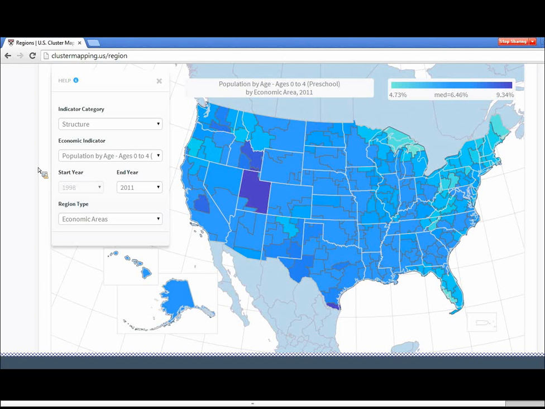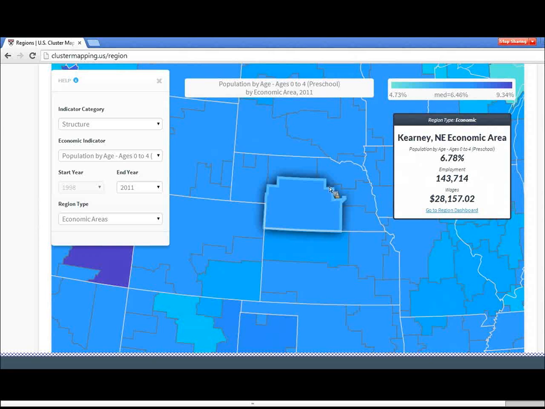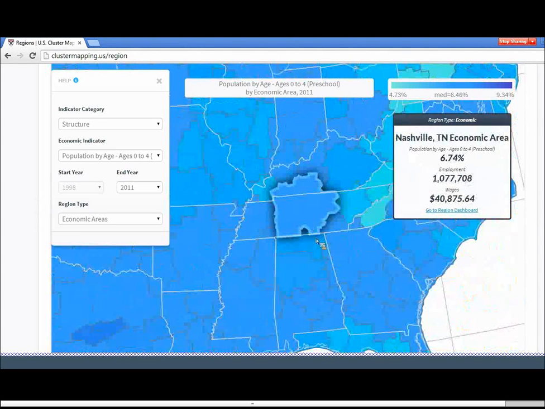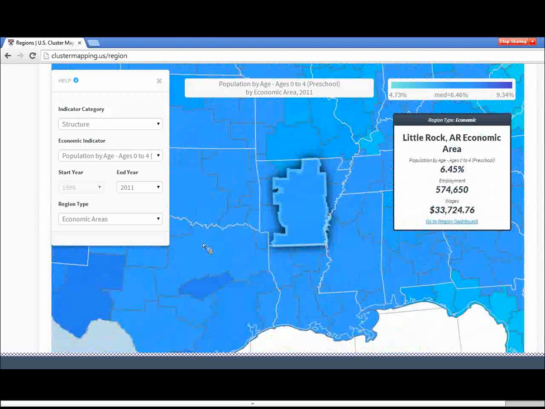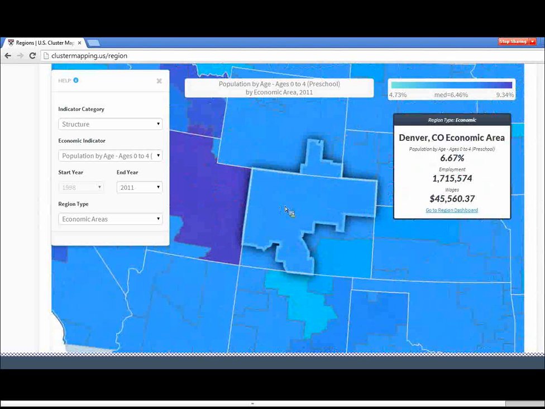Aside from exploring this national map, you can navigate into individual regions by clicking on a region, which will make the map zoom in. In this zoomed-in state, you can click on various regions to gradually move to another region that may not be visible, and click twice on a region to zoom out to view the national map. Next to a region that you select, a pop-up box will appear that contains a link to go to a dashboard of data for that region.